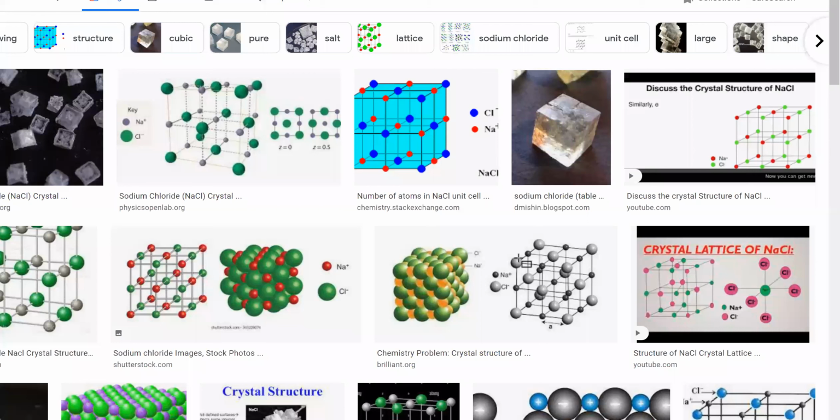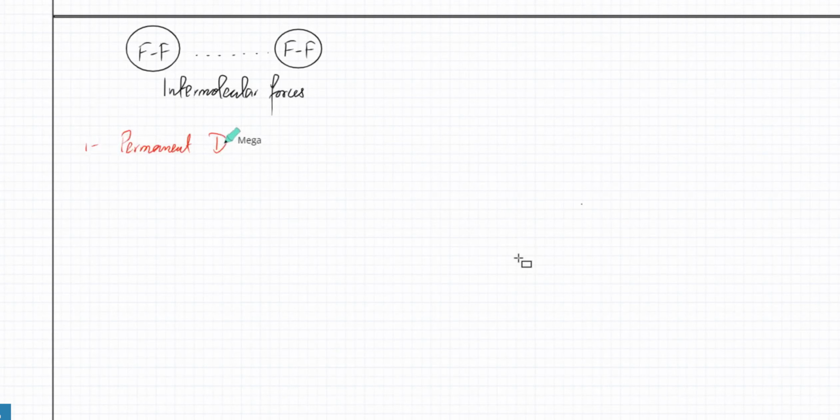Yes, sir. Okay, so intermolecular forces would be about simple, small covalent molecules. That's the first thing that we'll discuss. And there are three types of intermolecular forces. The first type is, let's start with permanent dipoles. We've got permanent dipoles. So permanent dipoles are